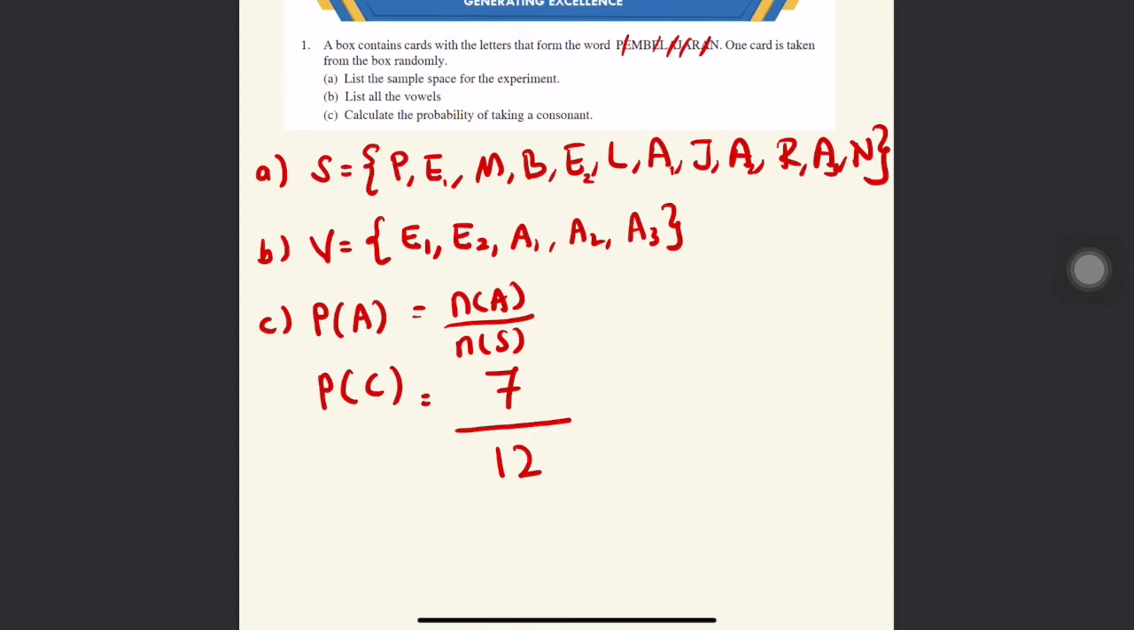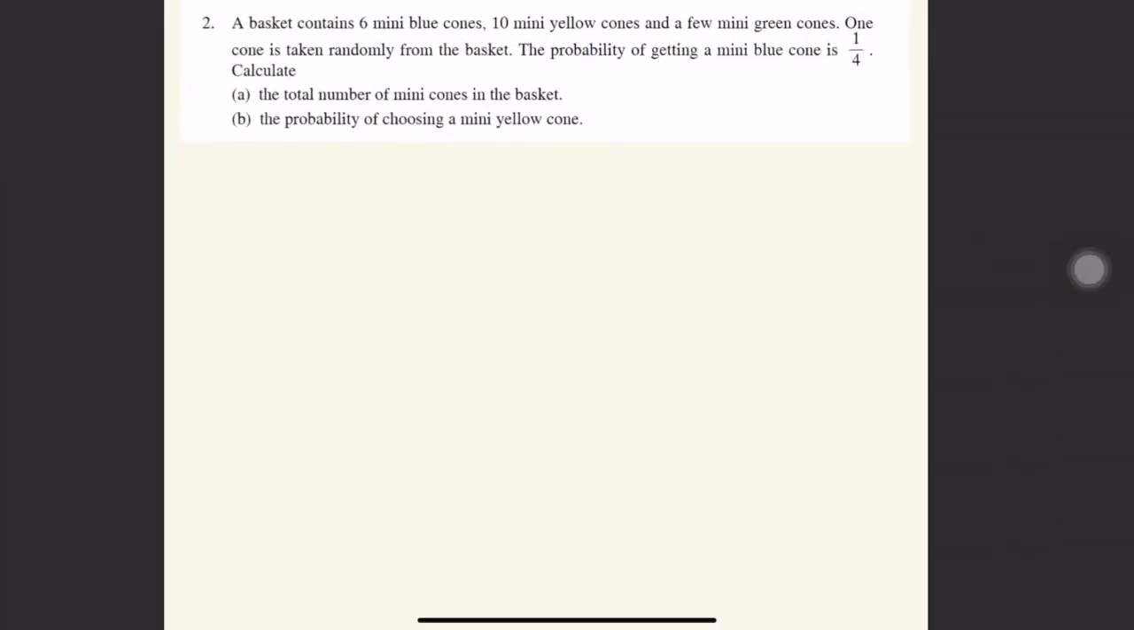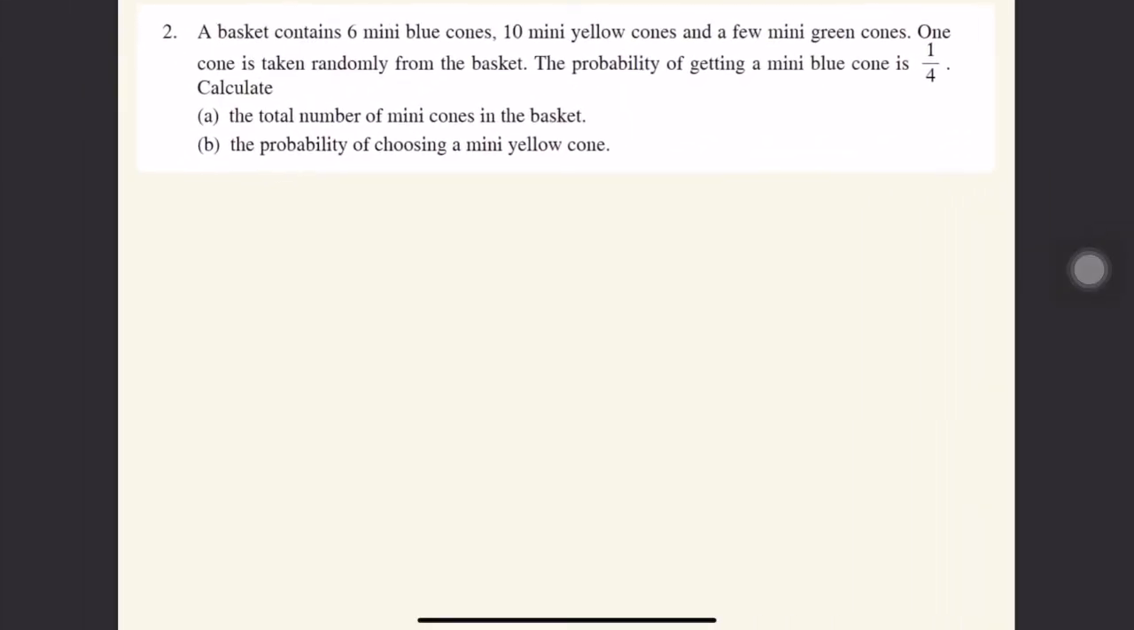Let's proceed to number 2. A basket contains 6 mini blue cones, 10 mini yellow cones, and a few mini green cones. One cone is taken randomly from the basket. The probability of getting a mini blue cone is 1/4. Calculate the number of mini cones in the basket. So it means the question wants you to find the total